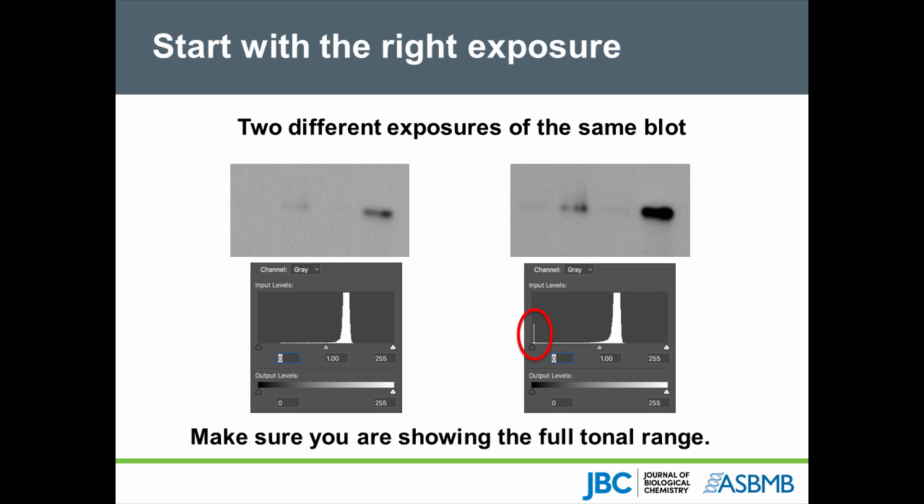So first, when you're acquiring your image, you want to start off with the right exposure. The histogram will tell you if the image is in the right range. Here is an example of two different exposures of the same blot developed using film and scanned using a flatbed